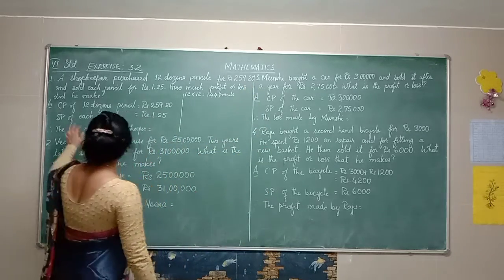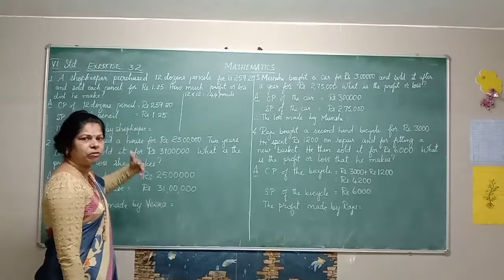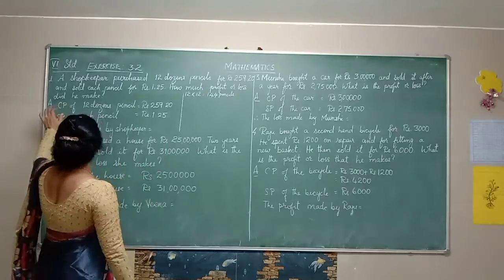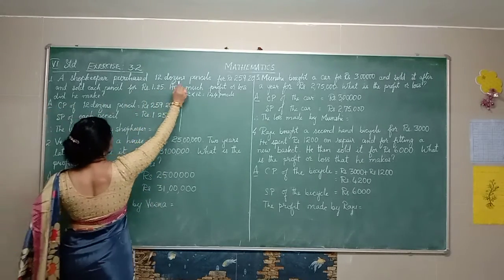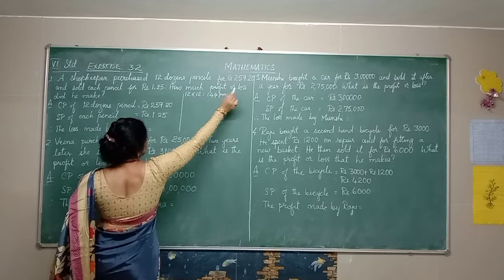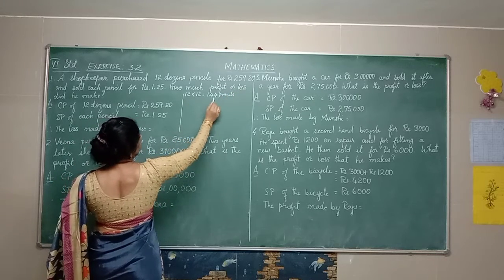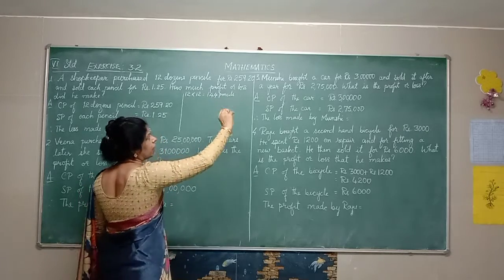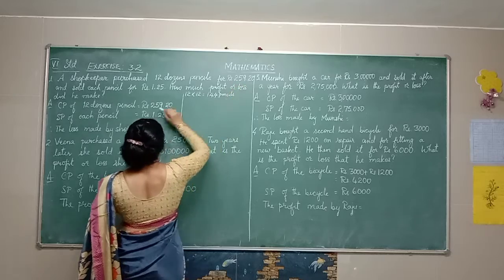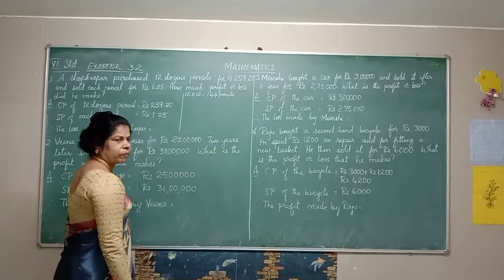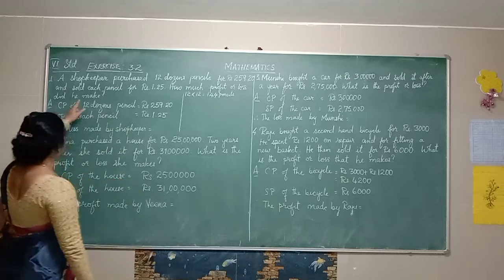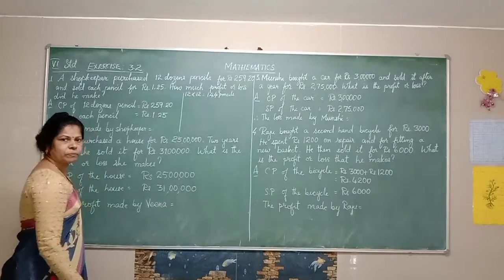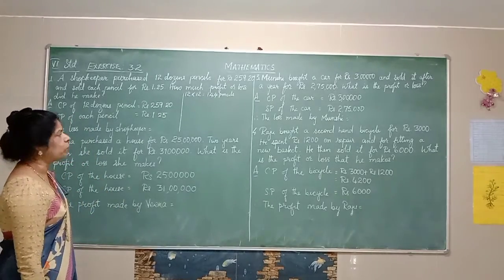Understood? So that is the cost price. Cost price means when you purchase from the manufacturer, you call that the cost price. Already it was explained in the previous class. So here he has purchased 12 dozens pencils for 259 rupees 20 paise. That means 12 dozen means 144 pencils. For how much has he paid for this total of 144 pencils? He has bought it for 259 rupees 20 paise. Then he sold each pencil, one pencil, for 1 rupee 25 paise.